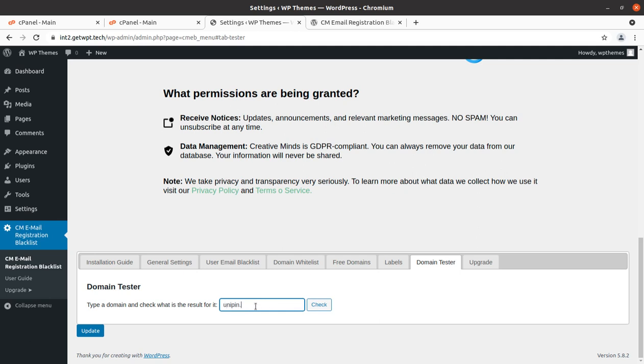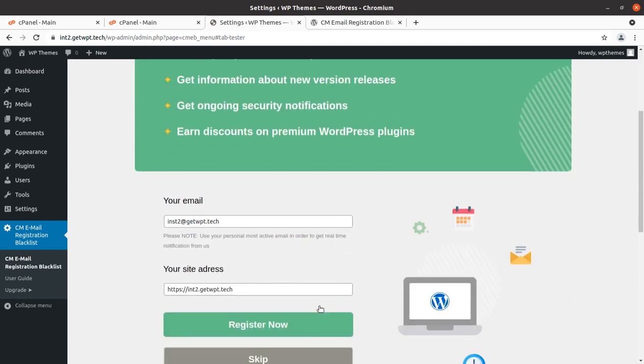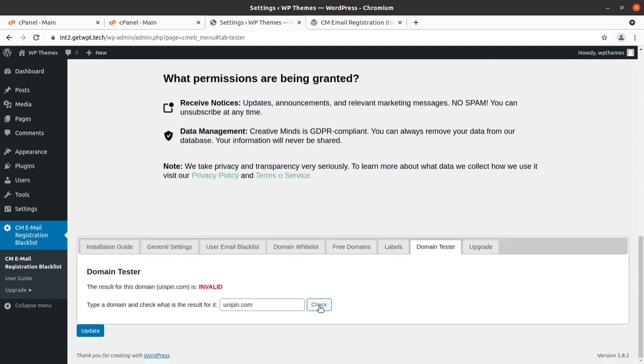I was saying I'm getting spam registrations from this domain, so I can check here unipin.com. Type a domain and check what the result is for it. Check. If you want to check whether a domain is restricted or not, it can be checked here, and this is the upgrade tab.